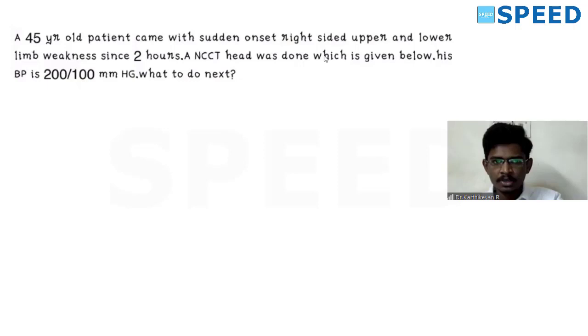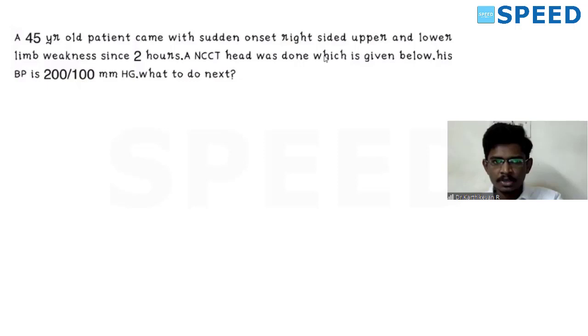There are no signs of any bleed. So the CT scan given in the question is that of an ischemic stroke. Now, ischemic stroke management, how are you going to do it? If it is a hemorrhagic stroke, management is entirely different. Management of ischemic stroke: first, the most important management in an emergency in case of a stroke patient